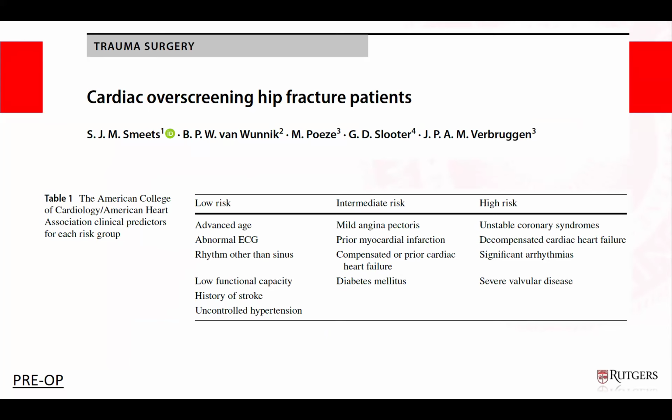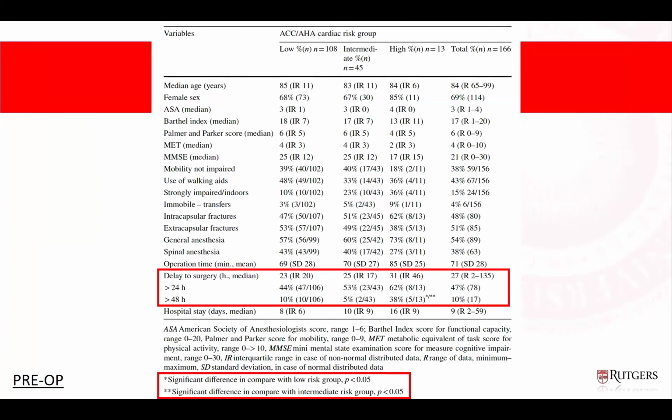I thought this was an interesting study in 2020 out of the Netherlands. It was on cardiac overscreening of hip fracture patients. What they did was look at those ACC and AHA clinical predictors: low risk, intermediate risk, and high risk. And you can see how the intermediate and high risk patients progress in terms of their cardiovascular history. And they did a chart review on all their patients prospectively and determined which patients had